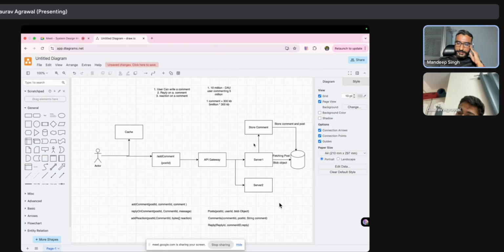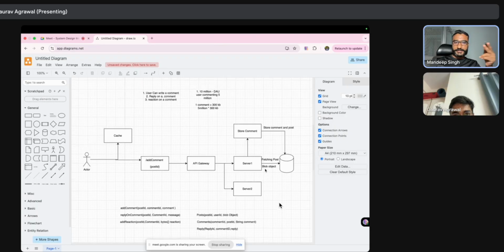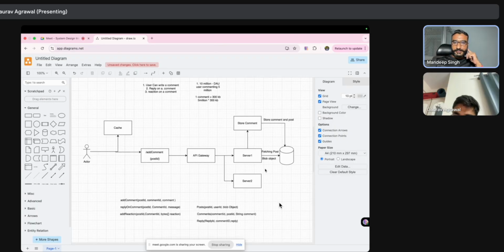So the idea is that the users will have some sort of get comment API, and that will be used to fetch whatever comments are there for this particular post. There will be some sort of pagination in your application, so that if there are comments more than a particular threshold, they will be paginated. There will be a new request from this user that says, give me more comments on this post, something of that sort.